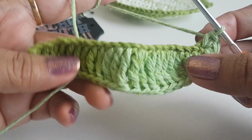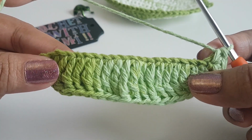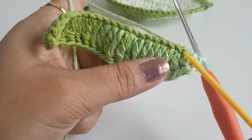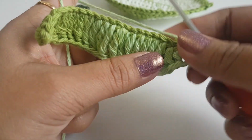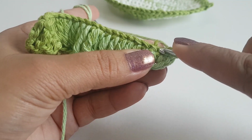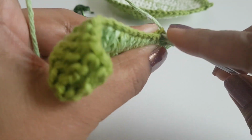So 3 single crochet. Now we are going to work to the other side of these chain stitches. So you can see this back loop of the chain stitches. So we are going to work on these stitches. Now take your hook on the first stitch, here make one half double crochet,